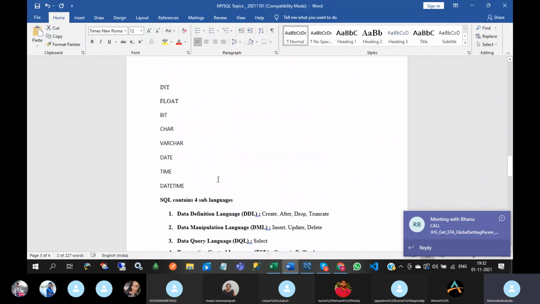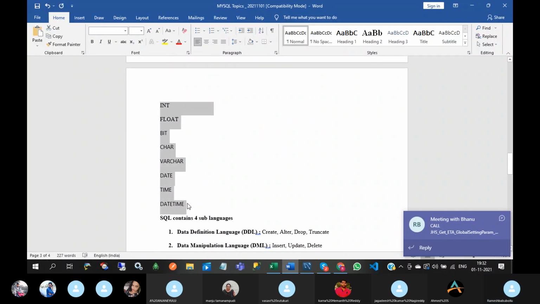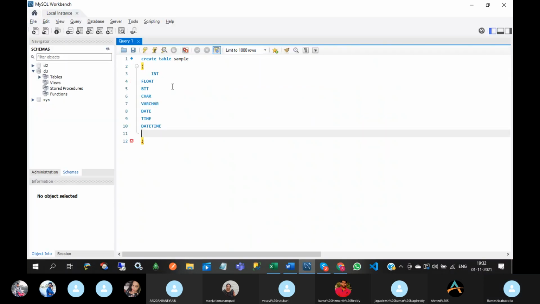What data types are there? Column, integer. For understanding purposes, I'm creating the column names as per the data types.